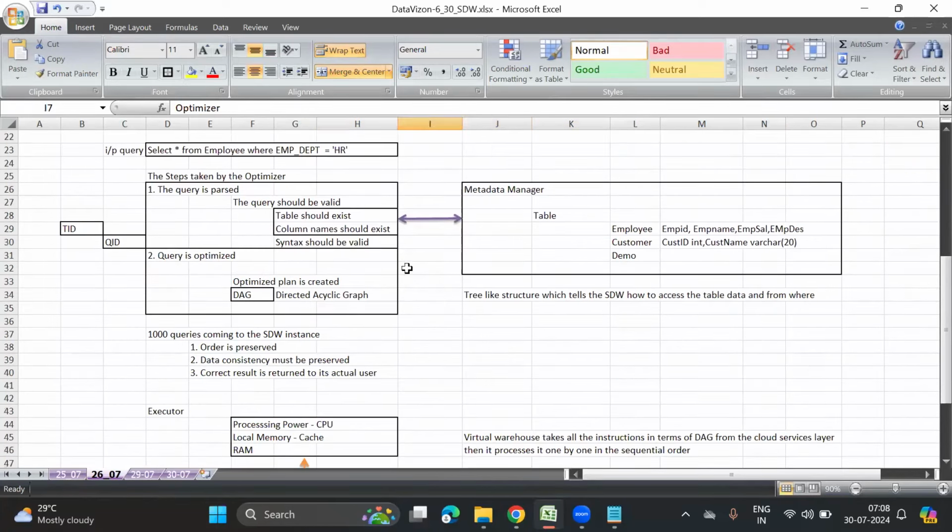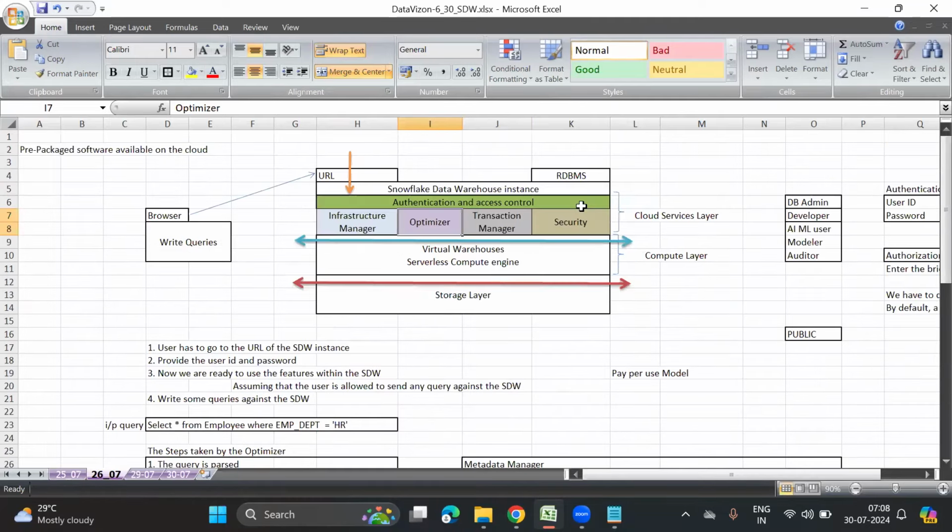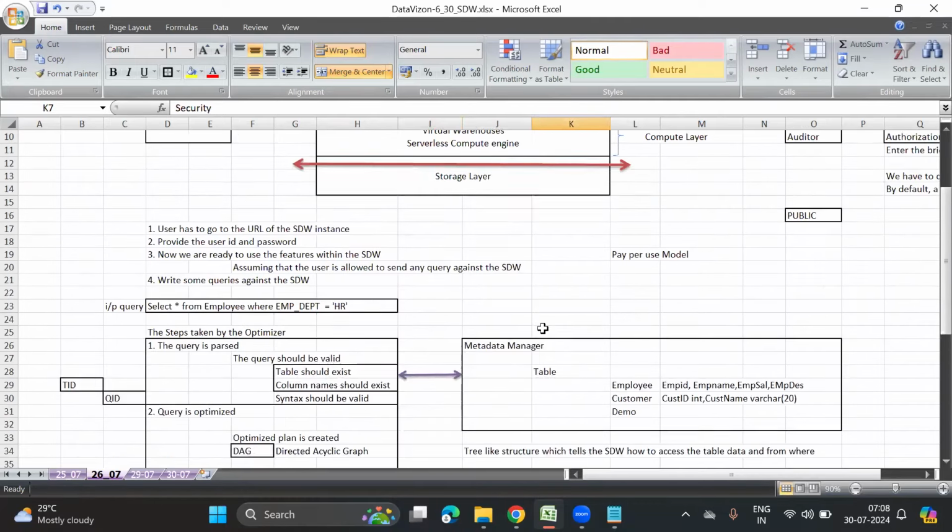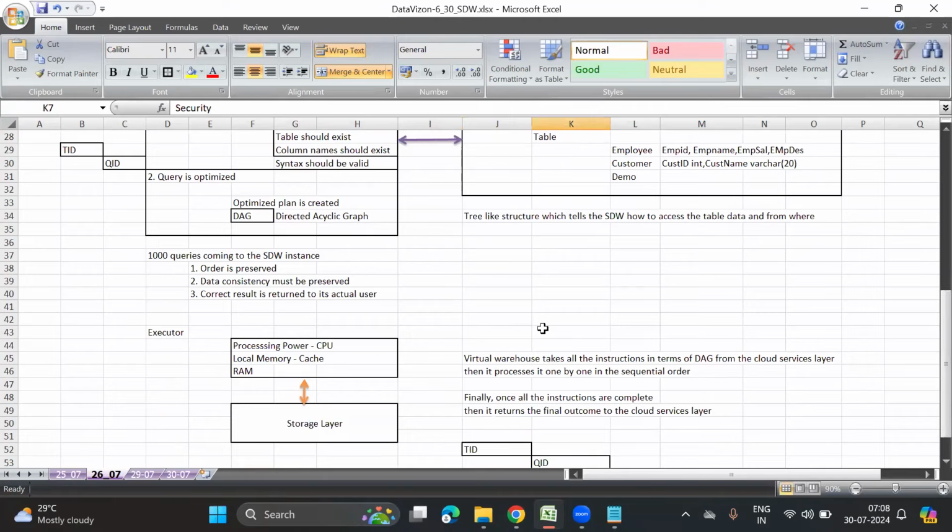The optimizer also takes help of the metadata manager. It checks whether the query is fine, valid, and not going to create any security issues. Then the optimized query, in the form of a directed acyclic graph,